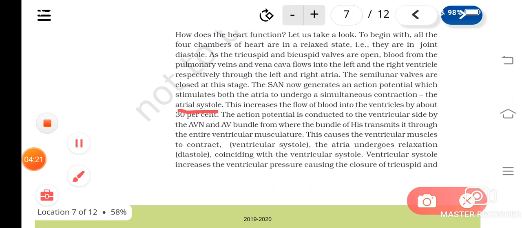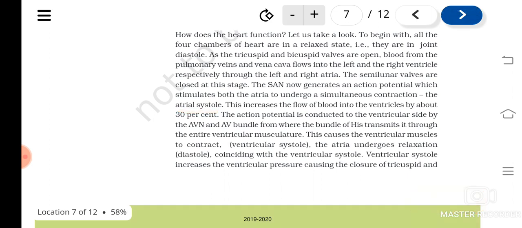So joint diastole means when all the chambers are in the relaxed state. Atrial systole means the contraction of atria, and this increases the flow of blood into the ventricles. Then the action potential formed in the SA node will be sent to the AVN, and from there it will go